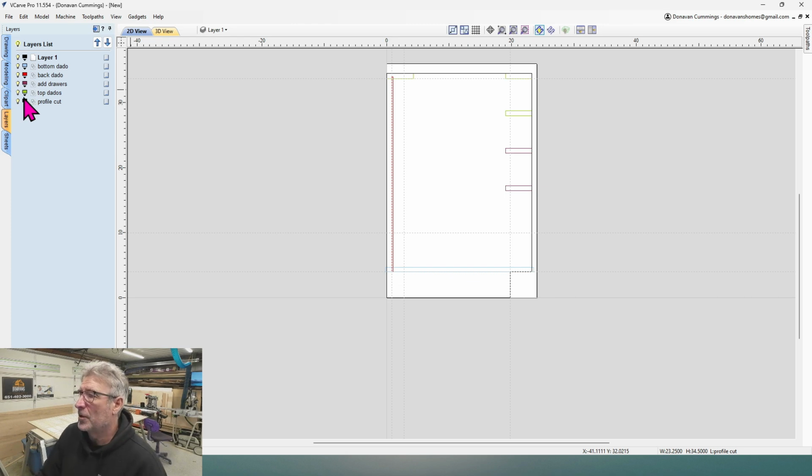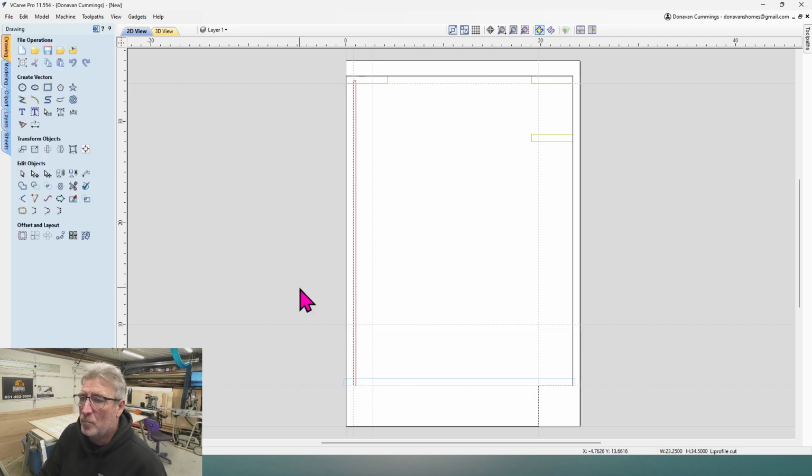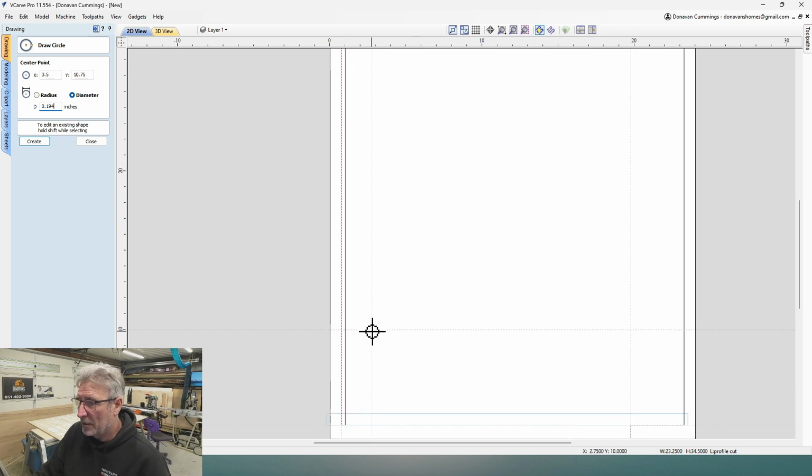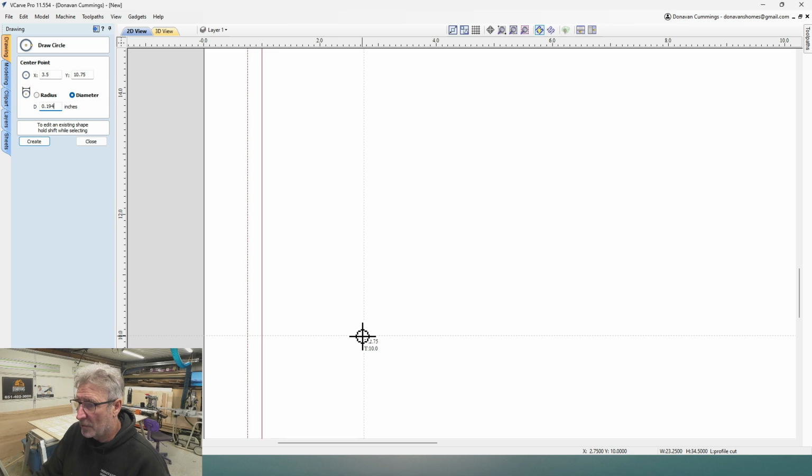The only other thing we have to do now, I'm going to show that down. We'll go F to fit again, go up to the drawing tab. I need to create a circle, and we're going to do a diameter of 194. I think 194 is actually closer to 5 millimeters. It doesn't make a lot of difference because when we do this, we're not actually drilling to the size of the hole. We're actually using the center and doing a drill with a 5 millimeter hole. So we're going to come down into here, and we're going to line up until, right there. So there's our first shelf pin hole,